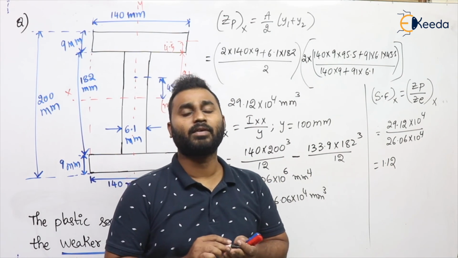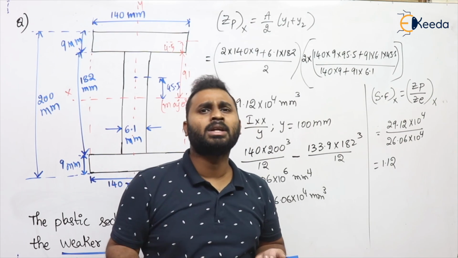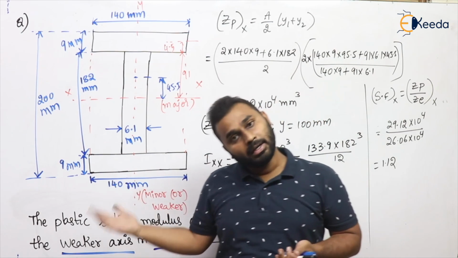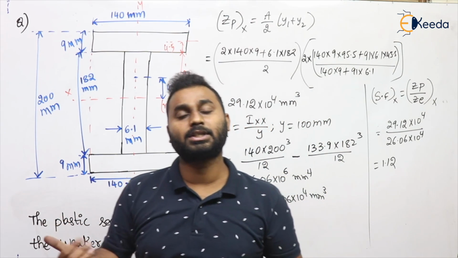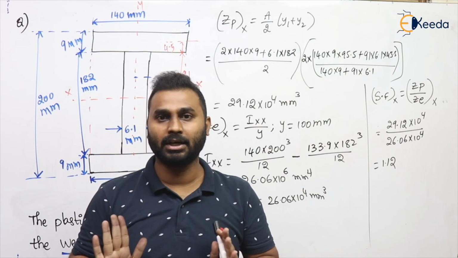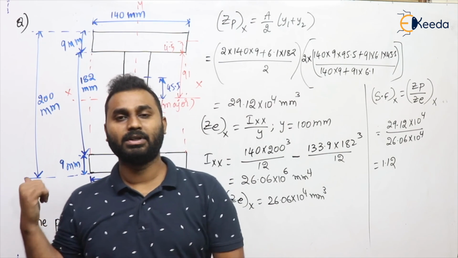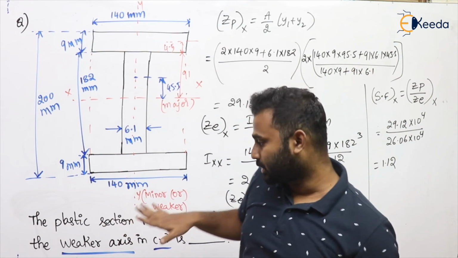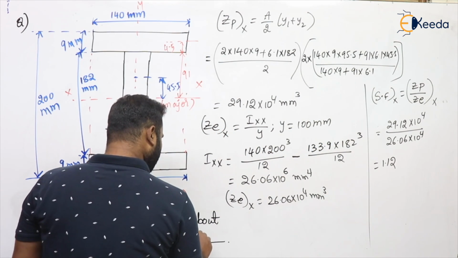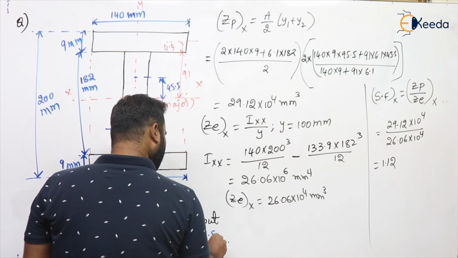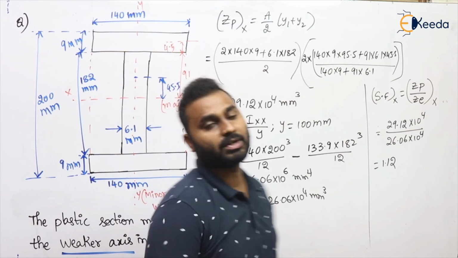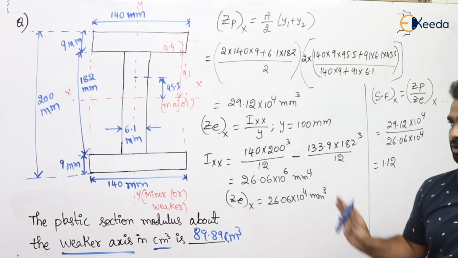So in this question itself, we not only discussed the question asked, but besides we have discussed how to calculate shape factor for I section along both major and minor axis. Is that clear? Hope it is very clear to you. Hence, with this I'll conclude this question. So basically, this was the question in 2018 GATE. The answer for this question, here itself I will write, 89.89 centimeter cube. This is the answer for this question. But in this question itself, we have discussed some other very required important concepts.